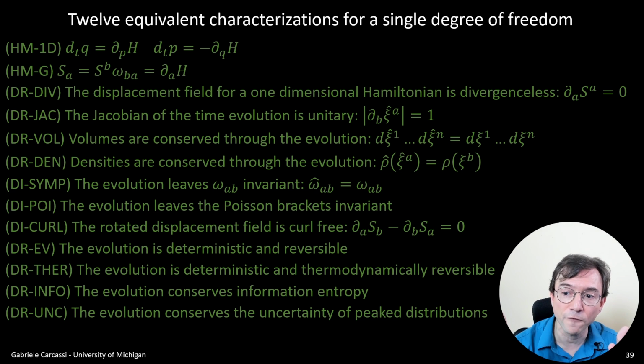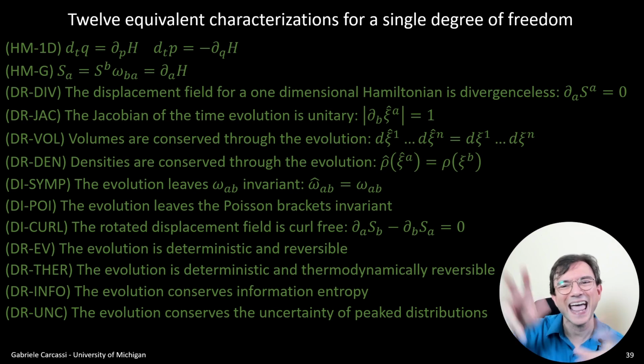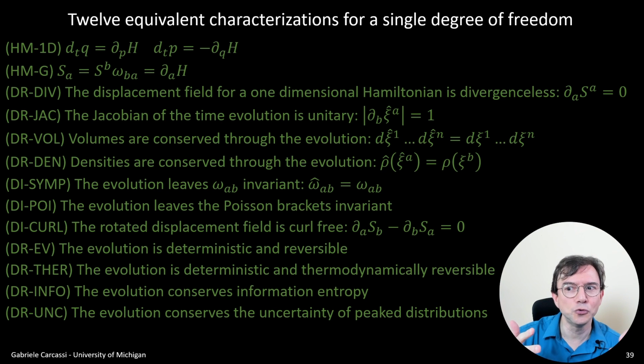There are a lot of elements in classical Hamiltonian mechanics, and if you understand that there are these 12 equivalent characterizations, whenever you're looking at a problem, you're going to find an angle that allows you to understand that problem better. So let's go through them